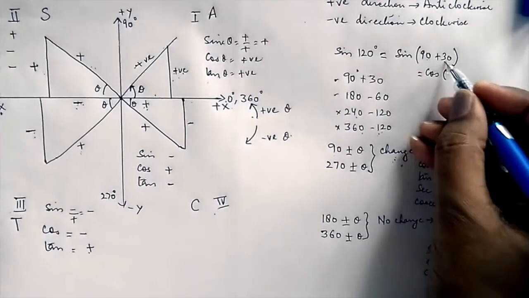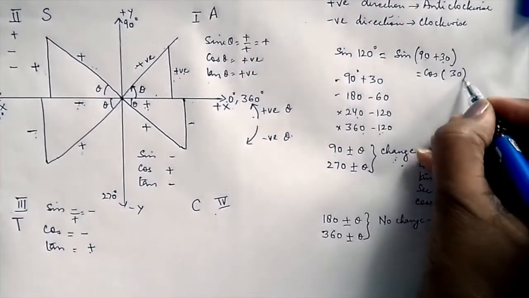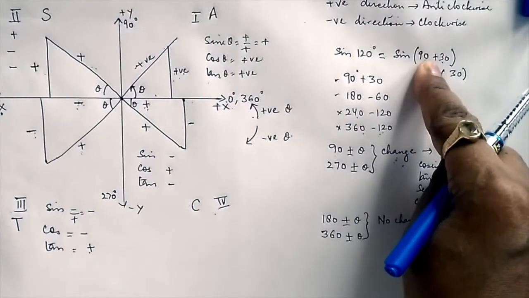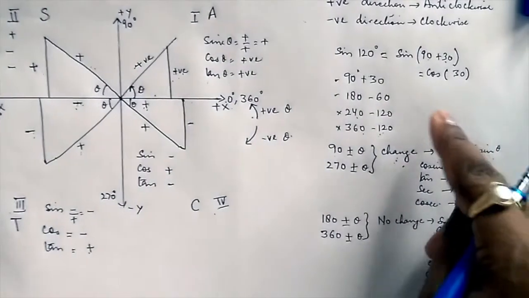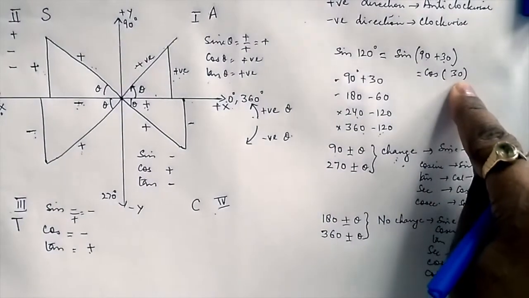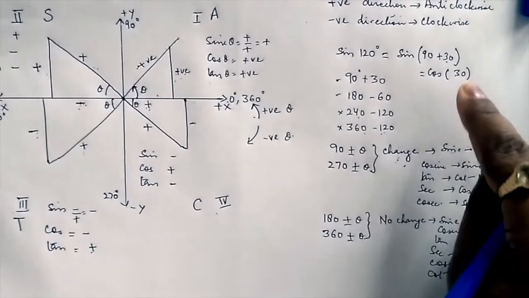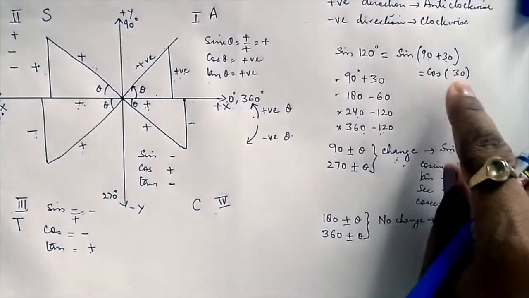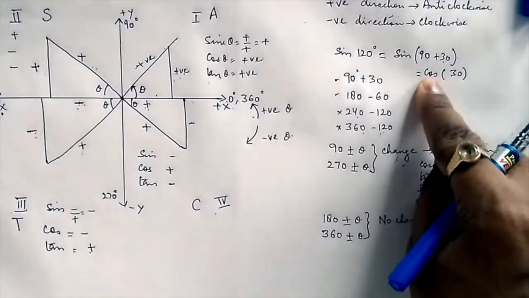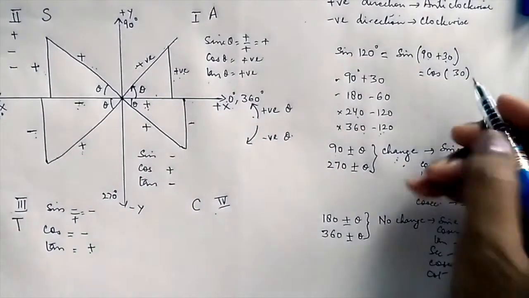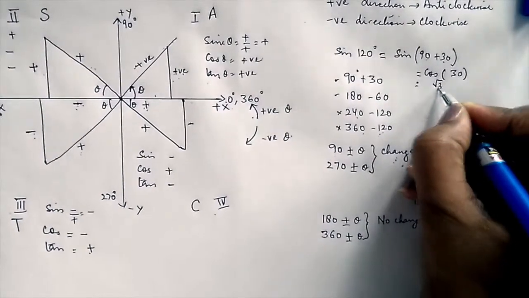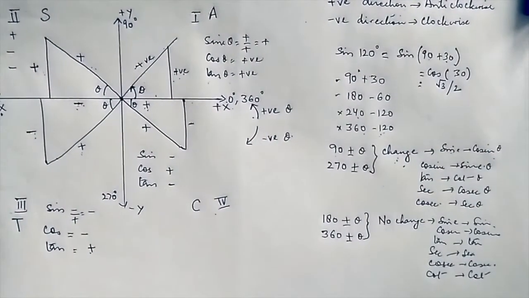Of the excess or the deficit which you have used in your expression. Again I am repeating, once you change the trigonometrical ratio, it will become of the excess or deficit over here. That is sine 90 plus 30. 30 was the excess over 90. So it is to be written as cos 30. Now cos 30 is what? Standard value? Root 3 by 2. Now you can give the answer.